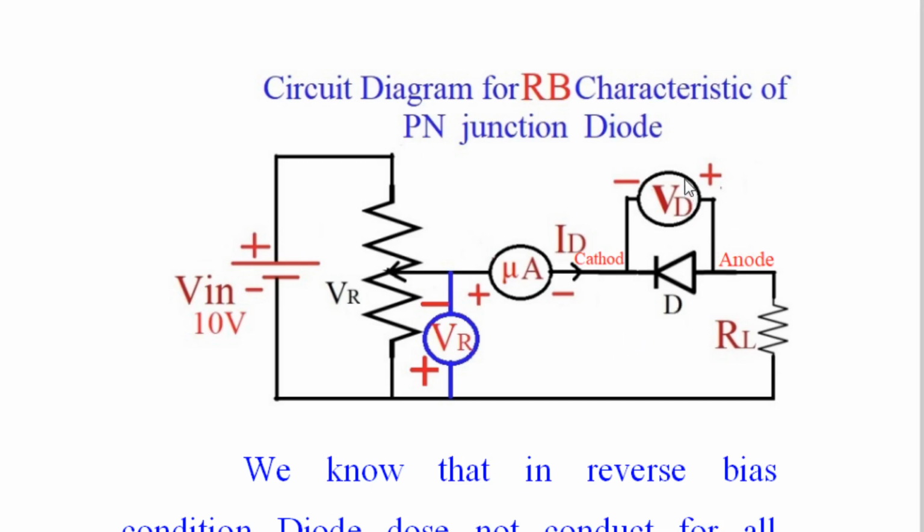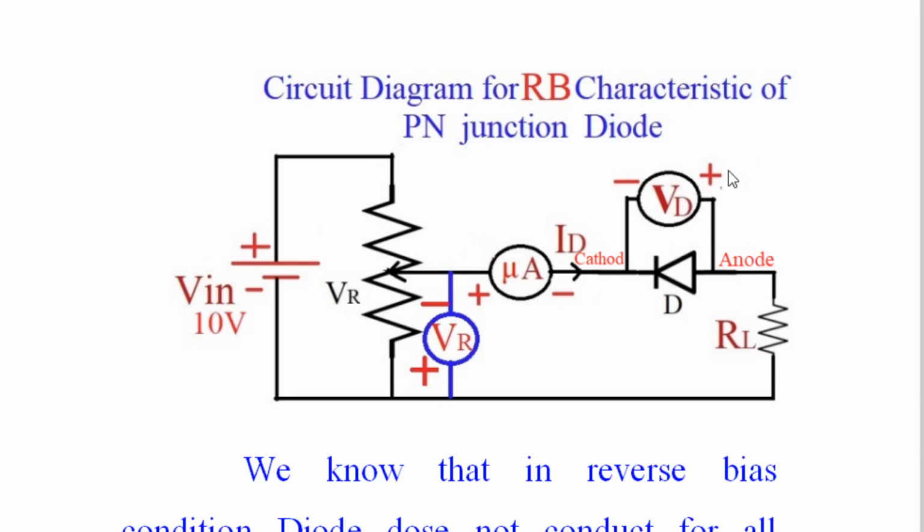One more thing I will mention again. Always we connect the voltmeter across the PN junction diode, and we always connect the voltmeter such that the positive of the voltmeter goes to the anode of the diode and the negative of the voltmeter to the cathode of the diode. Therefore this voltmeter will measure the voltage across the diode in reverse direction, that is in negative,